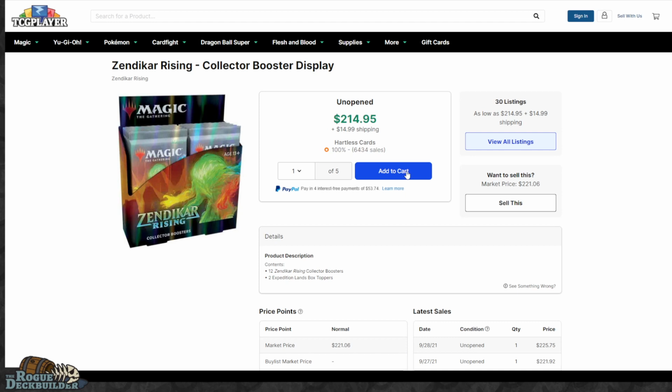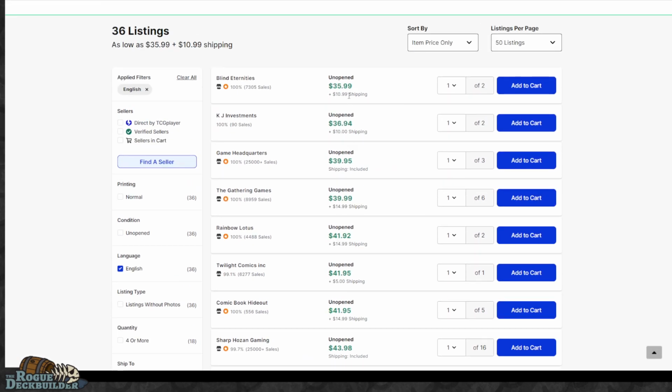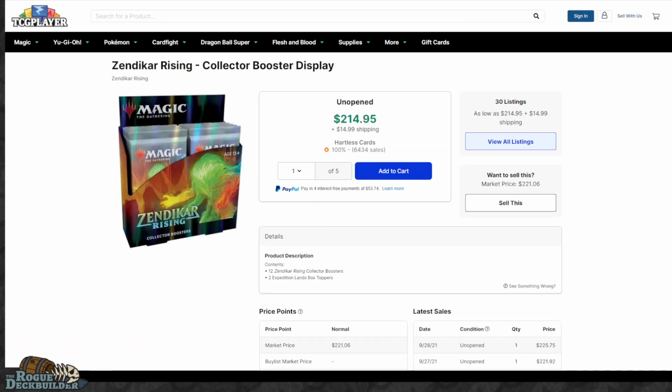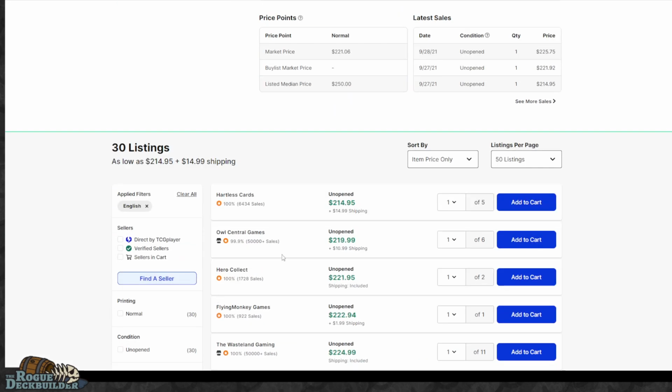For, I guess I should go back to the prices on the other ones. So the Strixhaven, we talked about the Strixhaven, the Kaldheim draft boosters are still 85. Plenty of distributors still have them at that price. And the Zendikar Rising gift bundles, I believe, is 35. So it's right around what they're selling on TCG Player here. But there's a big jump from these sellers onto the next ones. But Zendikar Rising Collectors, I believe my price right now is $205, so slightly cheaper than TCG Player as well,